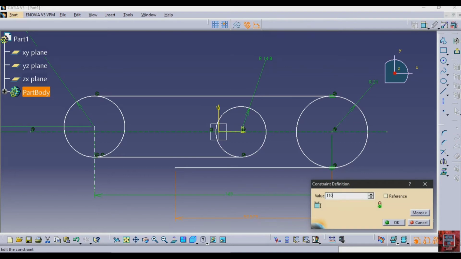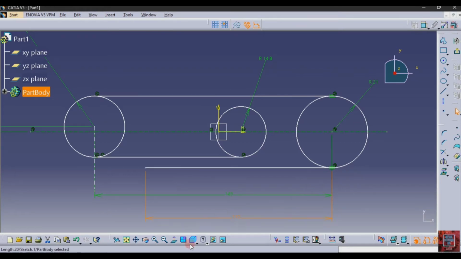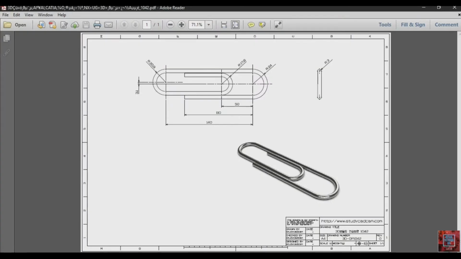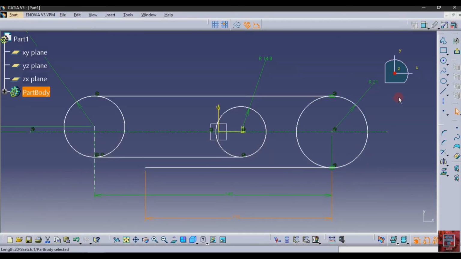The length of this line is 110, and then trim the extra parts. Select this, select this, select this,